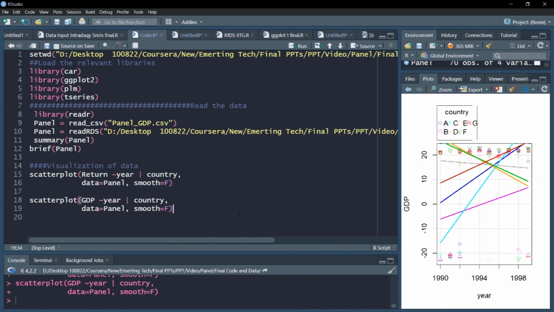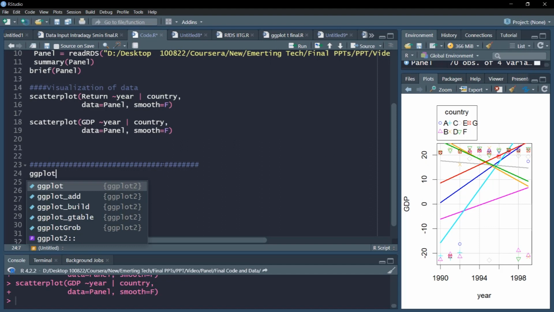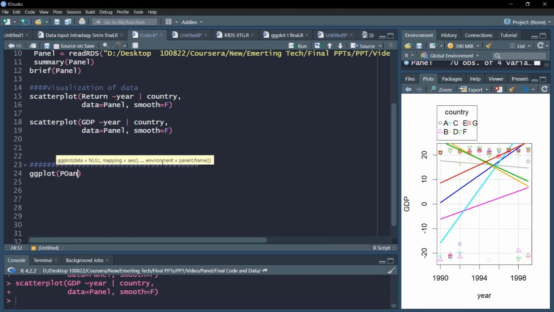Let us also use the ggplot command to visualize this in box plot form. Box plot is a very useful and interesting way to visualize a univariate series. So we'll make use of a box plot through this ggplot command. We'll supply the data, which is panel data,